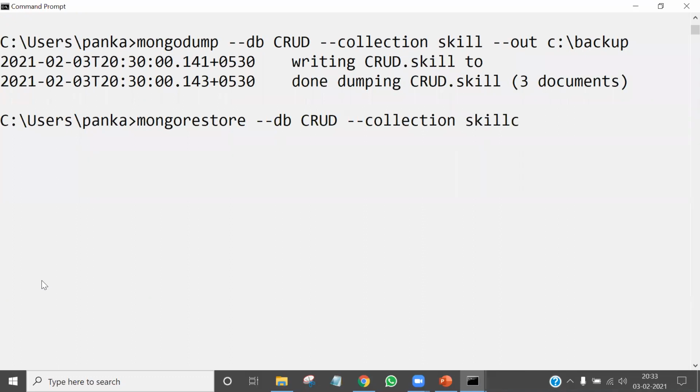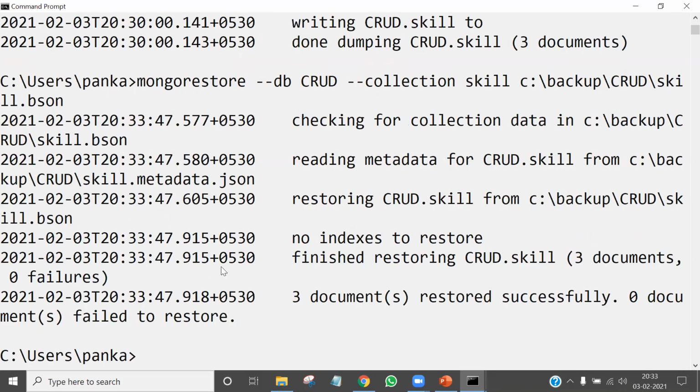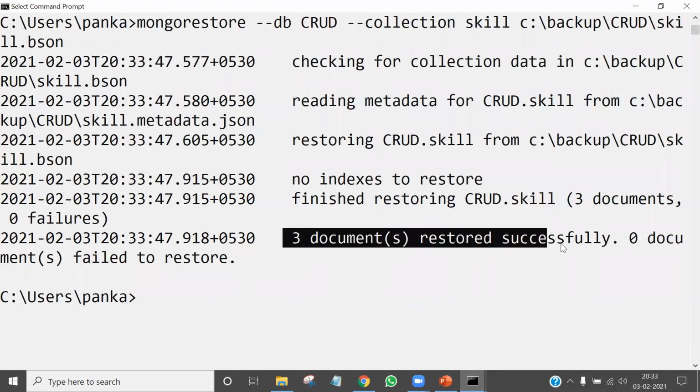So just mention the folder name, C drive backup, and in the backup we have a CRUD database, and in the CRUD database we have the skill.bson file, because our backups are generally taken in the form of bson. So I just write the name of the file, that is skill.bson. Okay, so just press the enter key and yes, 3 documents restored successfully.